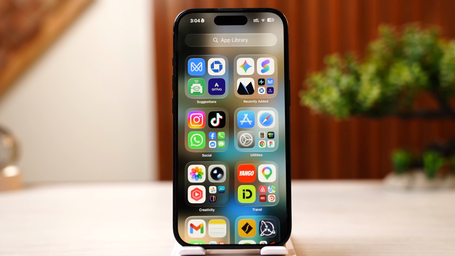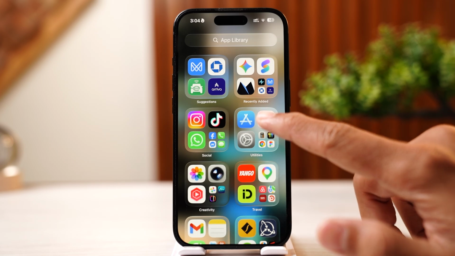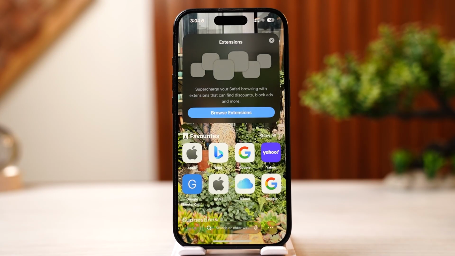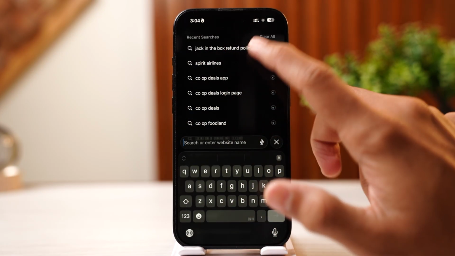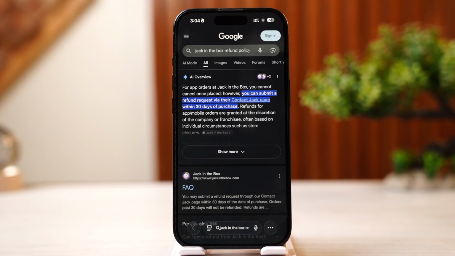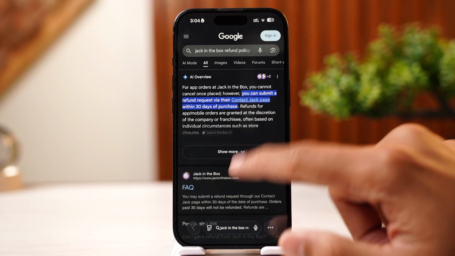How to get a refund on Jack in the Box. It's pretty simple. You want to simply go to your browser. I'm using Safari over here, and here at the search bar you want to type in Jack in the Box refund policy. Simply search for Jack in the Box refund policy, and you want to scroll down and you'll see the option,